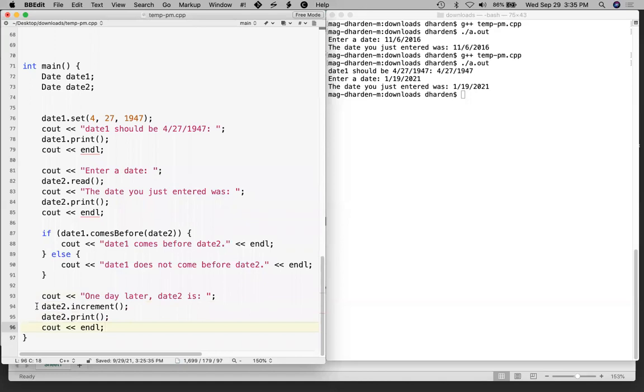Okay. So I want to make sure everyone understands what the point here is. What this increment function is supposed to do is it's supposed to take, oh, you know what I didn't do? I didn't actually test our code to see if it works or not. Unless there are any requests to the contrary, I think I'm just going to assume you're okay with that and that you will trust me when I say that it would do what we expected it to do with the comes before function. And we'll see that in a minute, or actually, I guess we'll see that on Monday when we test our increment function. But so the increment function should